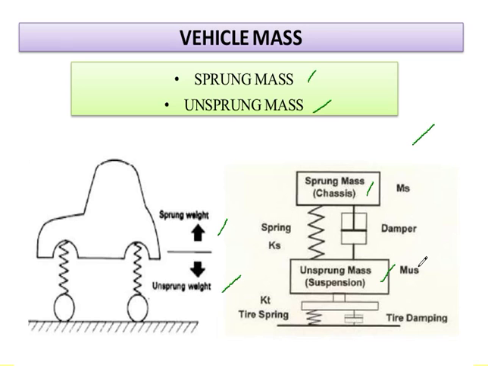Sprung weight. When the road wheel comes across a bump or pit on the road, it is subjected to vertical forces, tensile or compressive, depending upon the nature of the road irregularity. These are absorbed by the elastic compression, shear, bending or twisting of the spring. The mode of spring resistance depends upon the type and material of the spring used. Further, when the front wheel strikes a bump, it starts vibrating. These vibrations die down exponentially due to damping present in the system.